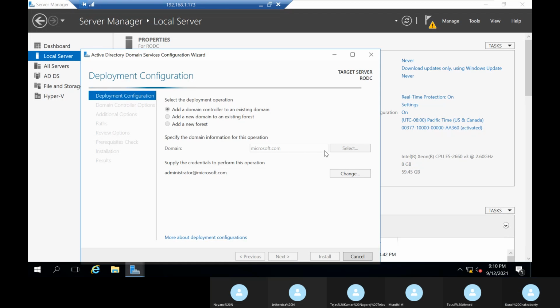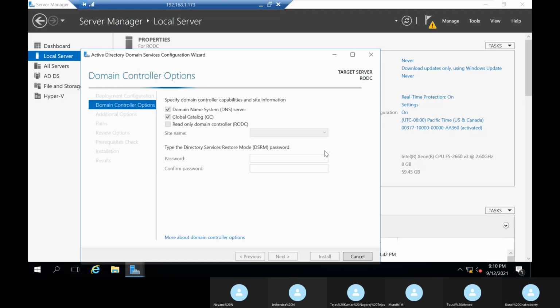Next. Can you see here, read only domain controller?